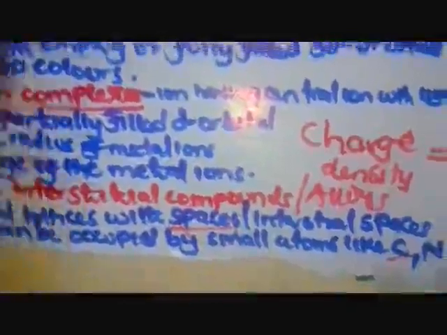So members, our topic has been transition. Your transition, why? You are paramagnetic, you have catalytic properties, you have variable oxidation state, you form colored compounds, you form complexes,